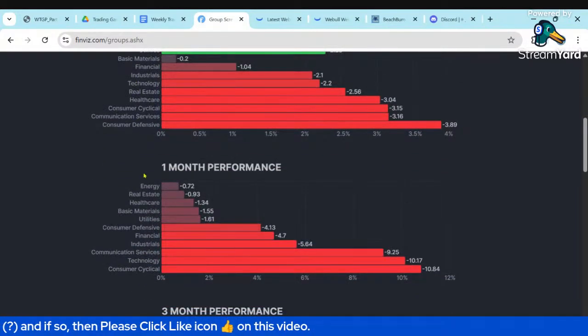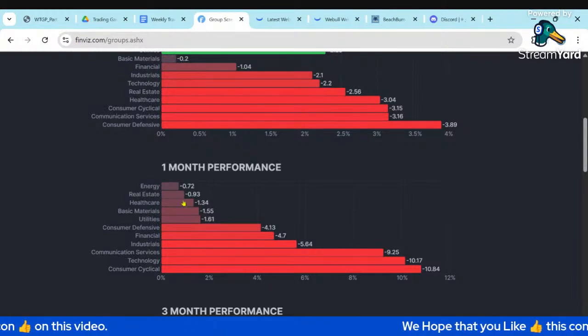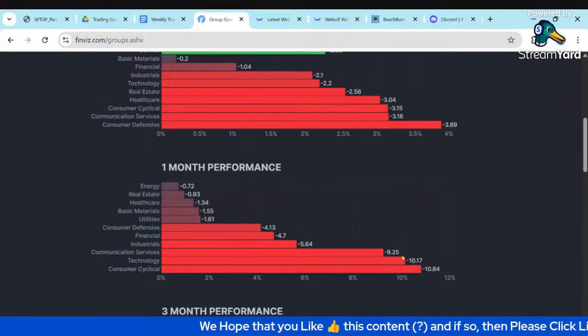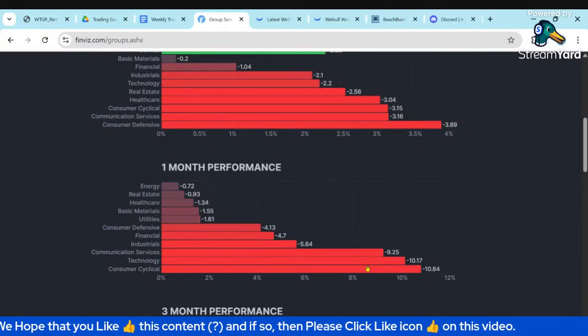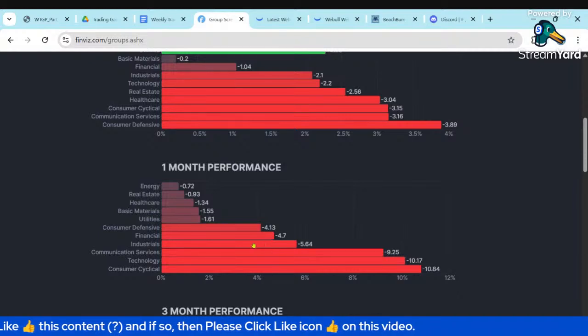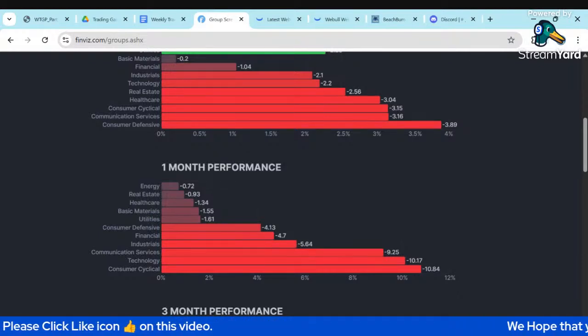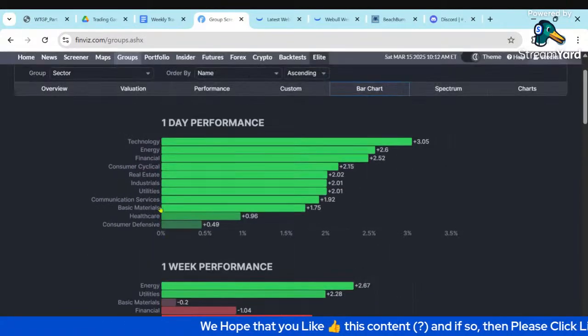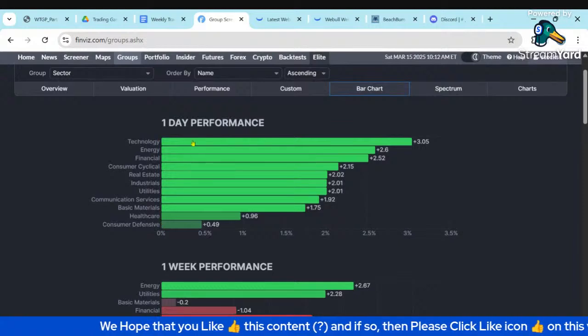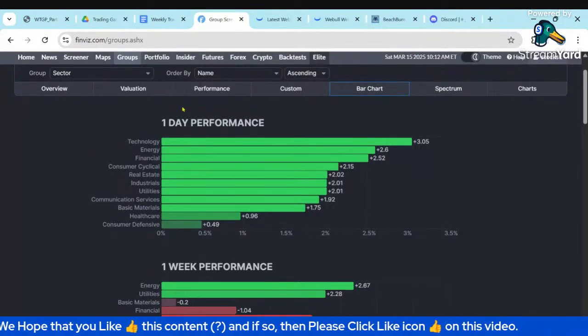Similarly for the month, energy the least negative, then utilities, basic materials, and healthcare. Technology and consumer cyclical, with the deep slope down in the Mag 7s, drag those sectors down. Industrials also, again a lot of talk about concerns about a recession. So these sectors are viewed as recession proof and where people are fleeing, except for these relief rallies.